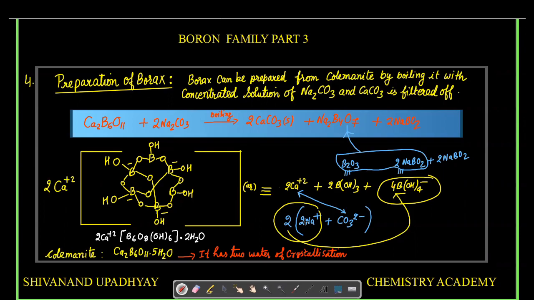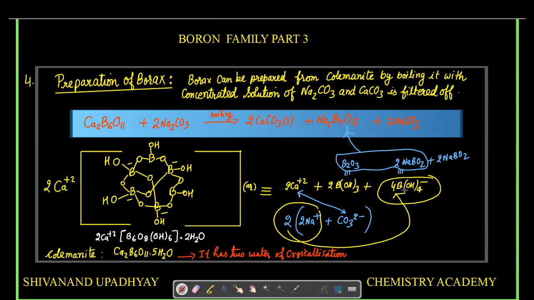Now we can see here that in the solution, because there is formation of 2 molecules of calcium carbonate, because here 2 calcium 2 plus ions are there, so 4 Na plus ions will be there because of this Na2CO3. So among these 4 Na plus ions, you can understand that 2 molecules of boric acid and 4 B(OH)4 minus units are there. So 4 and 4, these will form 4